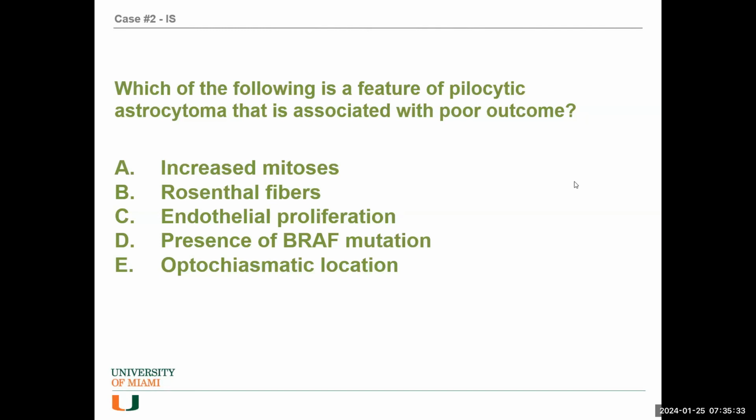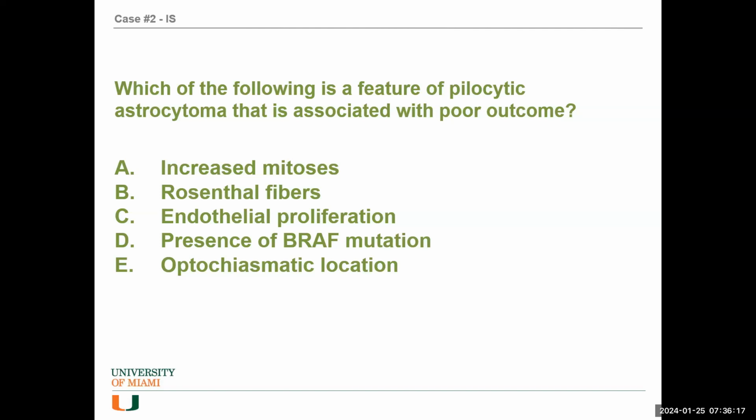So, future polycyclic stroma associated with poor outcome. Say A, increased mitosis. So that's a good thing you said that, right? Because this is exactly what they would try to trick you on. It turns out that increased mitoses still does not portend a poor clinical outcome when you look at these long term. When you have increased mitoses for other tumors, then the likelihood is that it will increase its poor prognostic outcome. What is interesting, though, is that